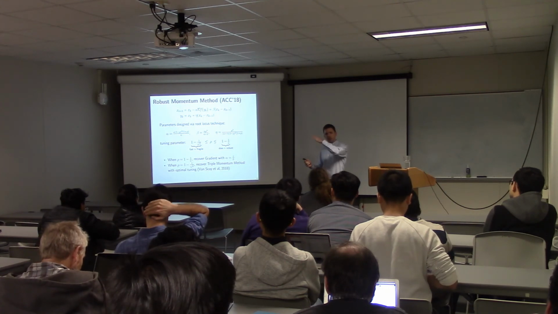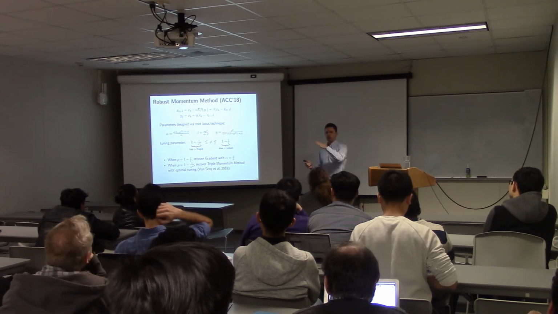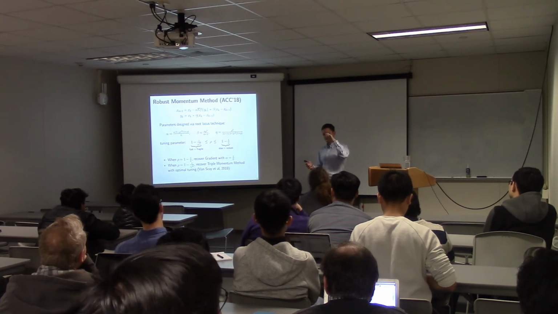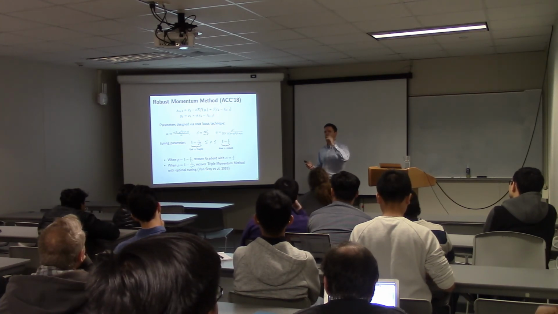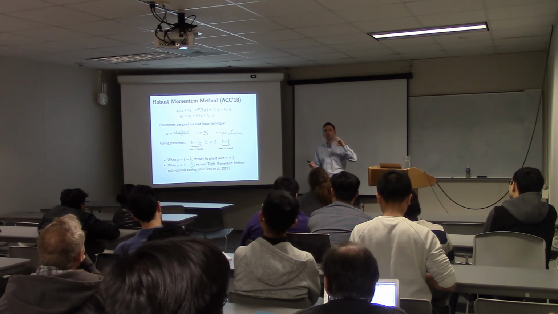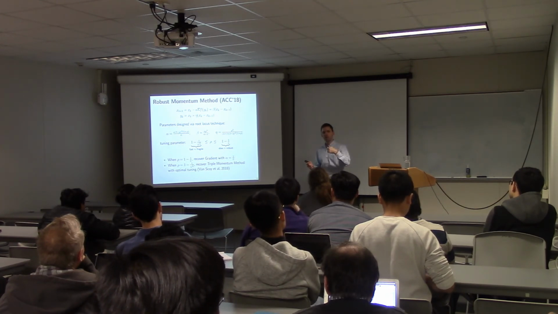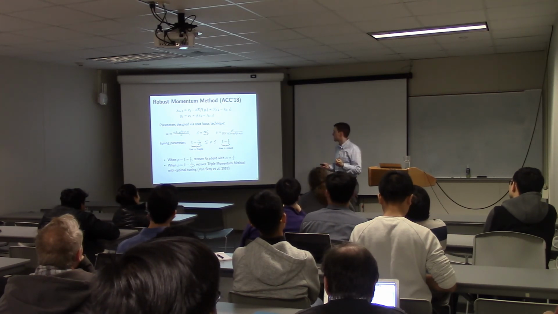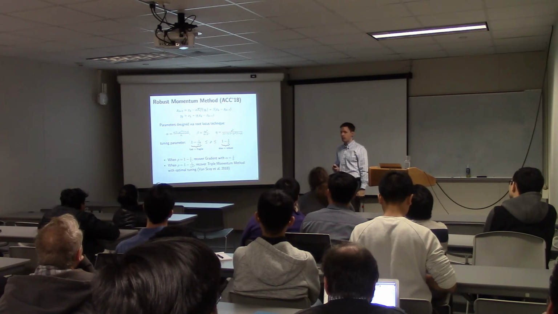It also achieves a slope of a half, but it has the best constant known of any method. Basically, compared to Nesterov, it is better by a factor of 2 in terms of the number of iterations required to guarantee convergence. And you might expect that there's a price to pay for this extra speed, and there is. I'm going to show you that in the next slide. But this is the fastest possible thing you can get.